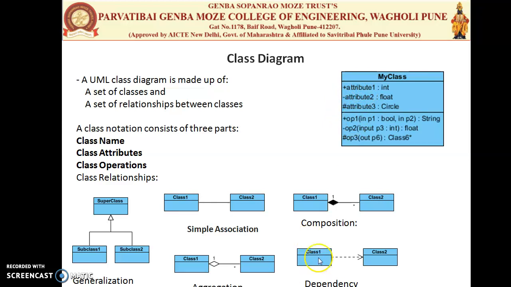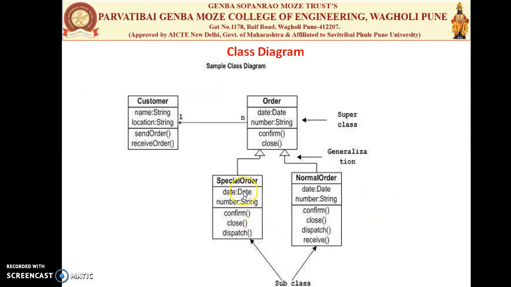And also the multiplicity. Here are some examples of multiplicity. This is 1 to many: one instance of class 1 is related to many instances of class 2. There are multiple multiplicities available. That is exactly one: exactly one instance is mapped with one instance of another. Then 0 to 0, where no instances are mapped with each other. Then many to 0, where many instances from this class can be mapped to another class, and one or more, where one or more instances of this class can be mapped to class 2's instances. This is the multiplicity.